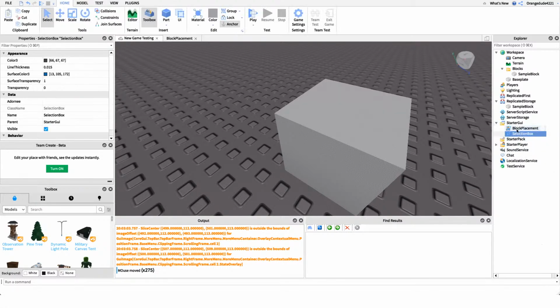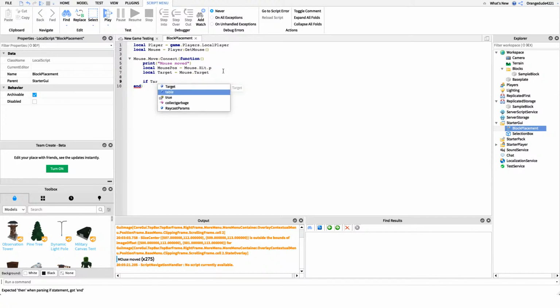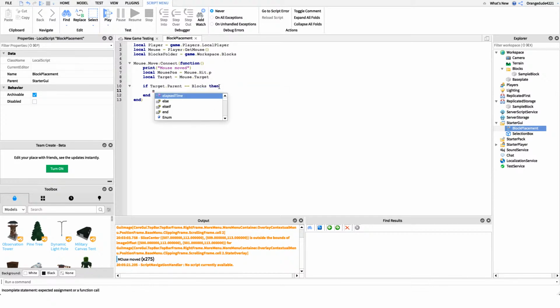So what I'll do is I'll have this, and then I'll say, if target.Parent is equal to the blocks folder, so I'm going to say local blocks folder equals game.Workspace.Blocks. So if target.Parent is equal to blocks, that means it's actually something like a block that we can place on and do all that kind of stuff. So we'll just grab that. If it's the block folder, then I want to say